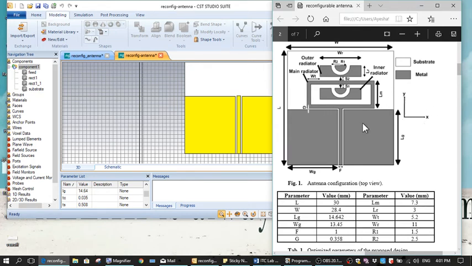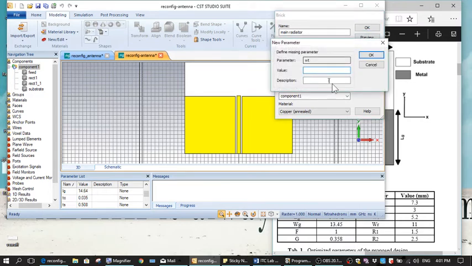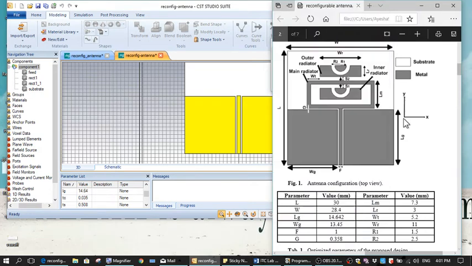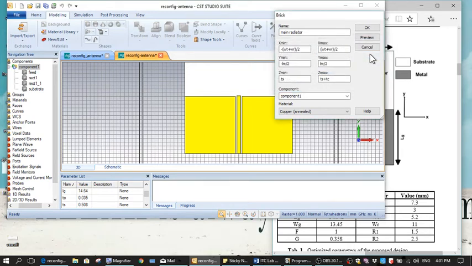Along Y it is LM, so assign LM. Negative LM by 2 to LM by 2, and thickness of substrate towards thickness of substrate plus thickness of copper. And preview it, it will ask for WT, which according to the paper is 5.2. So 5.2 it is, and WR